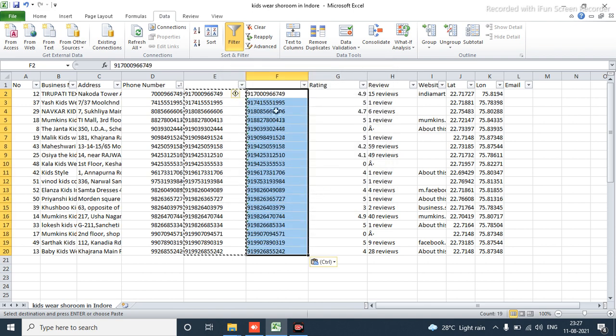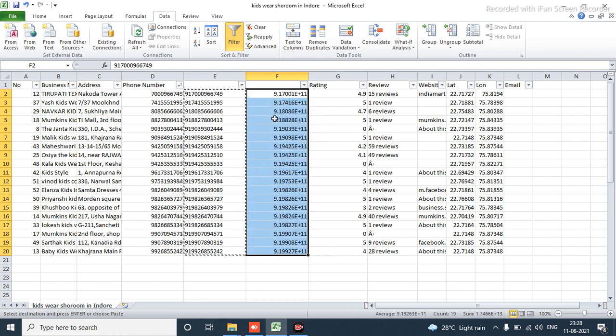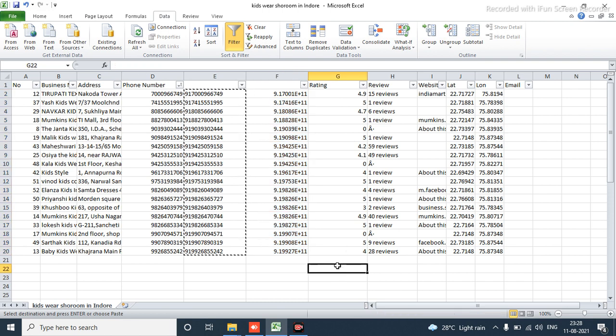So you can see the values of these numbers are pasted. Now you can see here is a drop down. When you click on the drop down, you will get Convert to Number. So you have to press this button, Convert to Number. Then you can click outside.